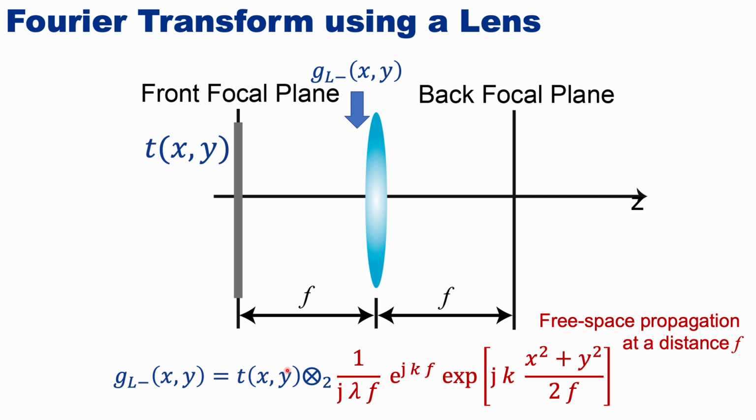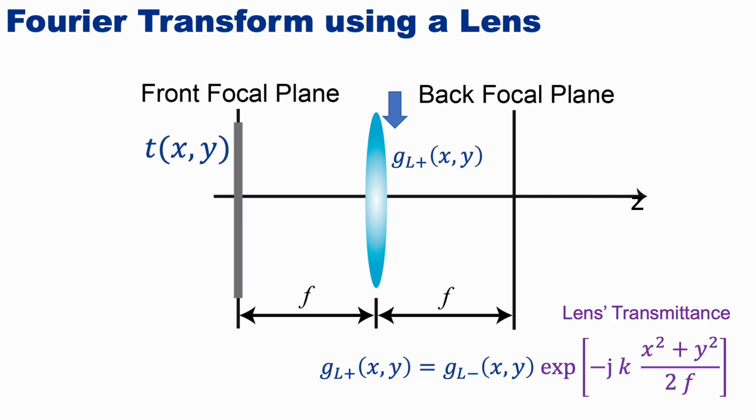So right before the lens, we have the propagation of the input plane with the kernel of the free propagation. So right after the lens, what we have is the information that we have right before the lens multiplied by